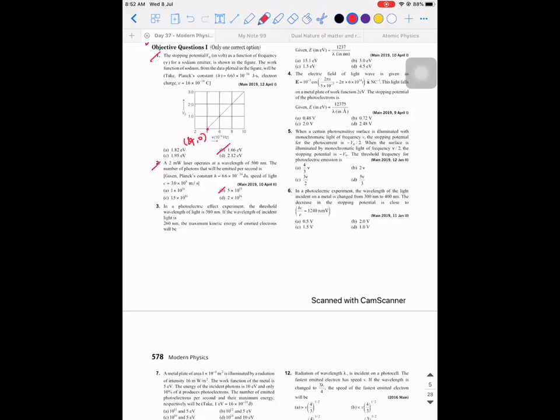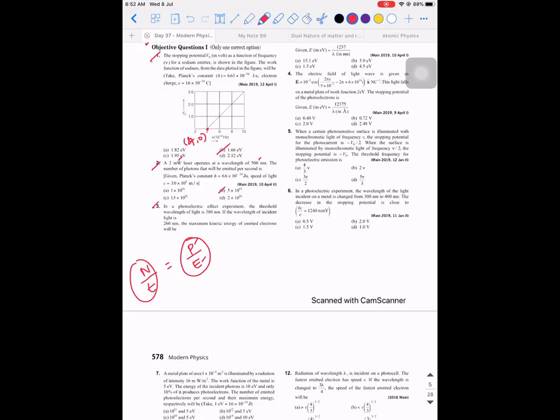So there is a formula like this. Number of photons emitted per second is equal to the power divided by the energy of each photon. So power is given, wavelength is given, so indirectly energy is given. You know the power, you know the energy, substituted, that will give you the value of n by t. Next.